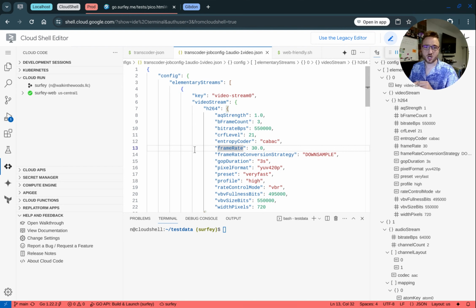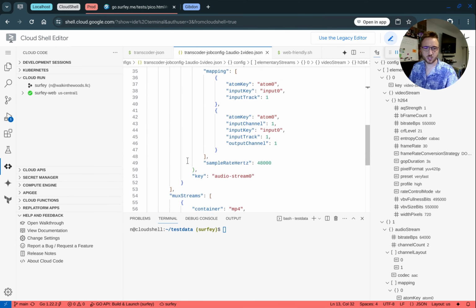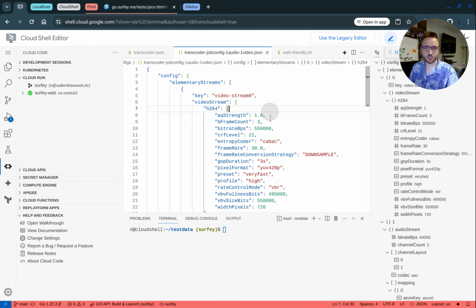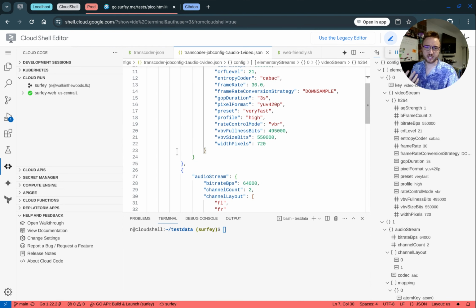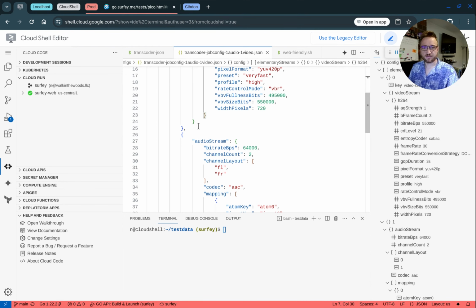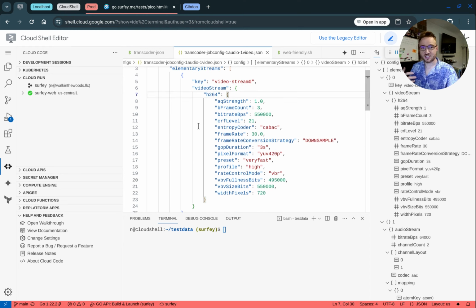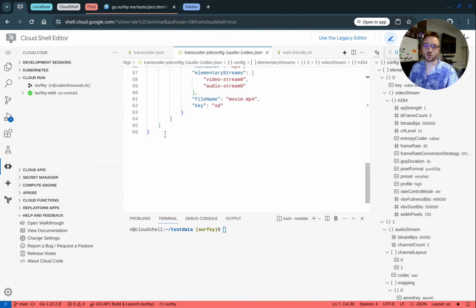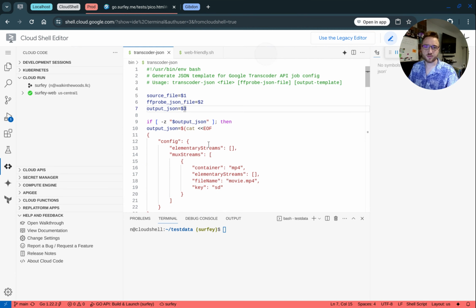It's really just this raw tool, and you have to pass in this big ugly configuration to get it to work. Previously, up until today, we have this hard-coded configuration that I actually pass in to the Transcoder API, but the difficulty is if the video format doesn't match this, as in maybe the audio stream is first instead of the video stream, or there's no video stream, or there's no audio stream, or there's two video streams, this just wasn't working. And so what I ended up doing, if you saw my previous video, I'm using JQ to build